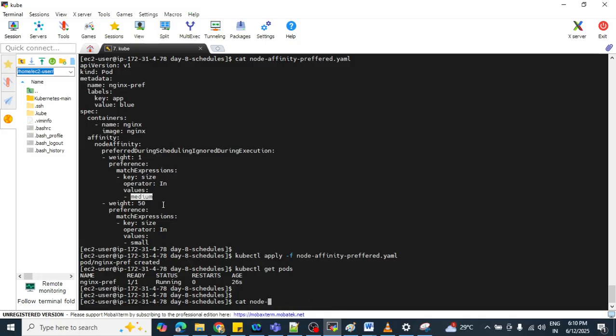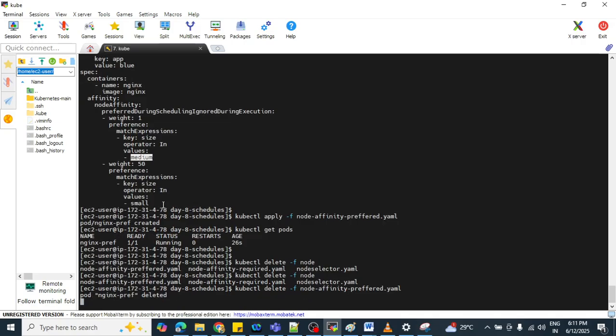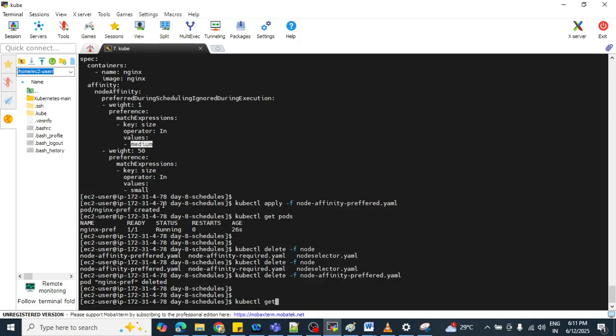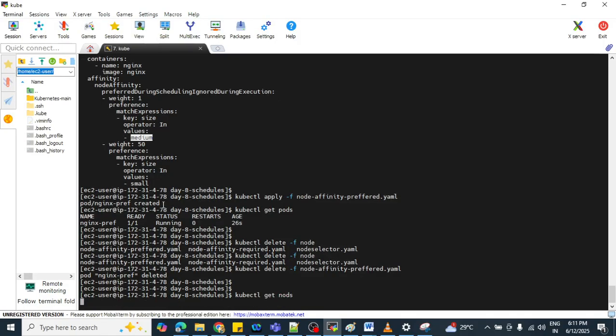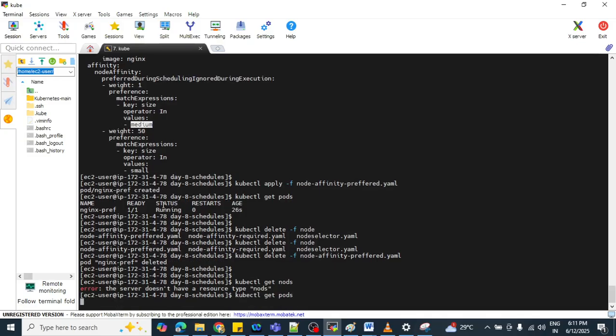Let's delete this pod and move forward to our next concept. Kubectl delete -f node affinity preferred. Okay, it is deleted. Kubectl get nodes and kubectl get pods.